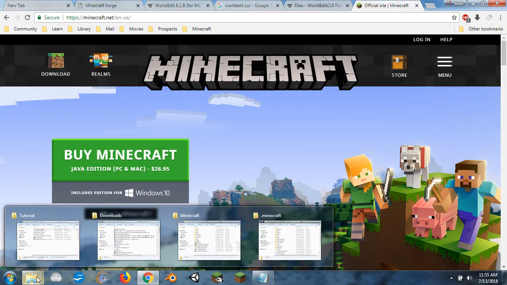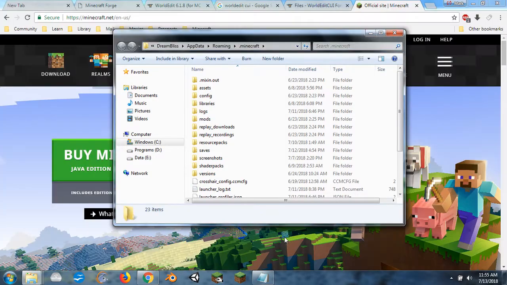After you have installed it, what you're going to end up with, and what I assume that you're with me on right now, is in your username, this is for Windows 7 of course, and it might be different for a different version of Windows, and it's going to be different for a different operating system, but I'm assuming use of Windows because that's what I use. I don't use anything else. It'll be your username, app data, roaming, and then .minecraft,